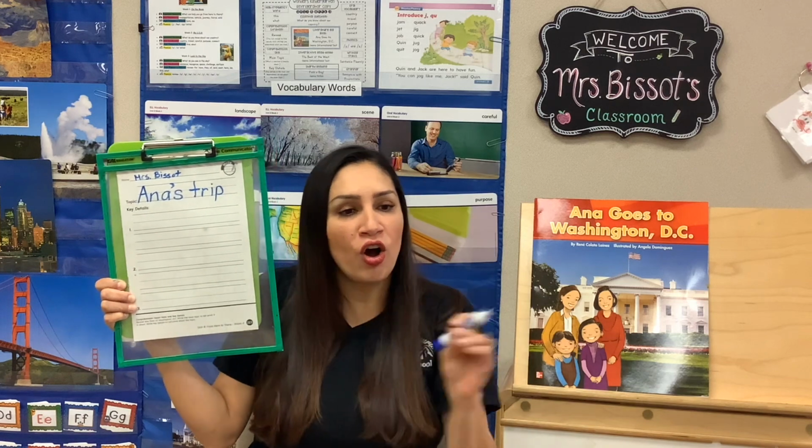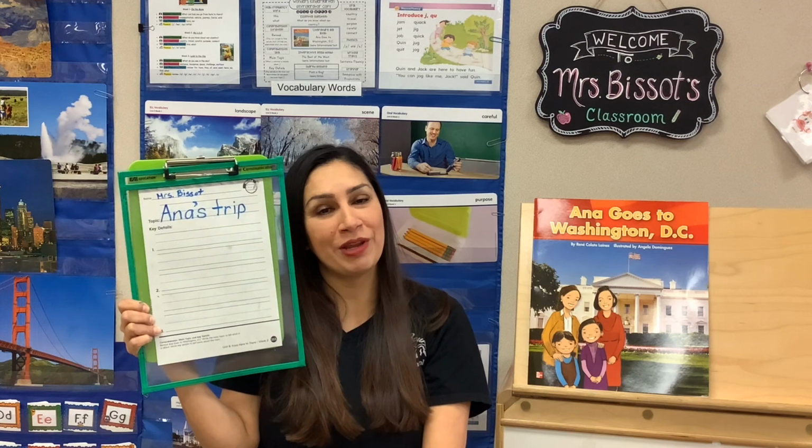And they did lots of planning for this very neat trip to Washington, D.C. They had a map and they had all the areas they were going to look at, all the special important places they were going to visit on their trip to Washington, D.C. So what are some places that they visited when they were in Washington, D.C.? You can pick your 3 favorite if you would like. You could go back to the story and pause and then copy the names of the places, or you could do the 3 with me together.